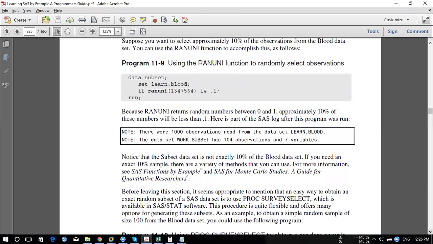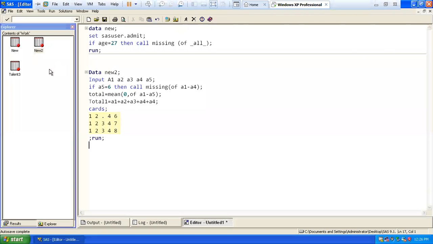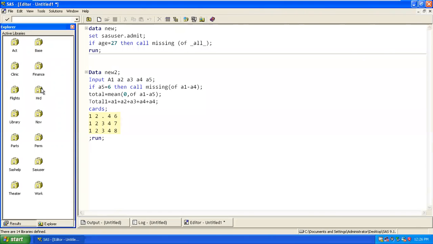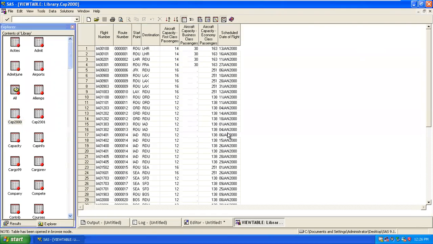So this way, if you look here, they are using the ranuni function, and they are keeping a seed number. They are not using 0. So what will happen with the seed number? The ranuni assigned value will be fixed. How do we use ranuni? Let's say I have this many observations in the library, and we have this many records.